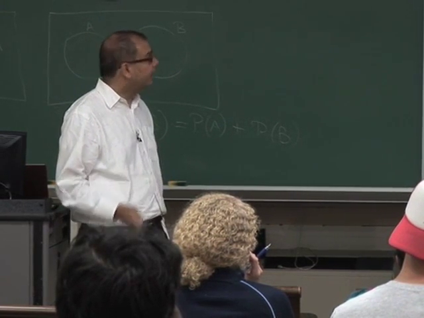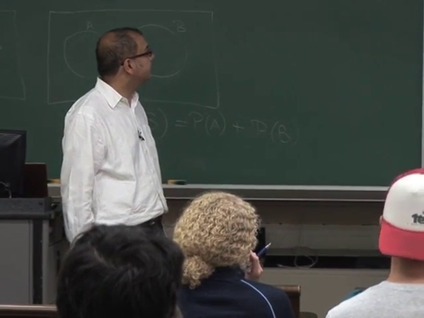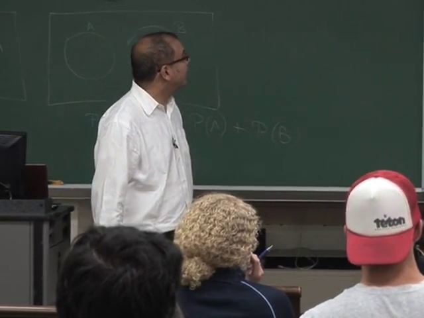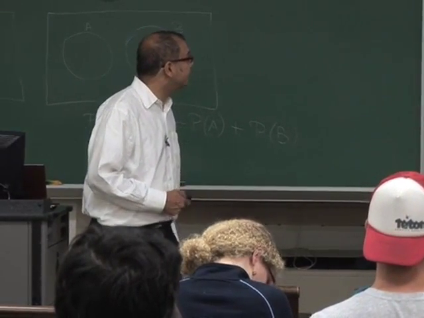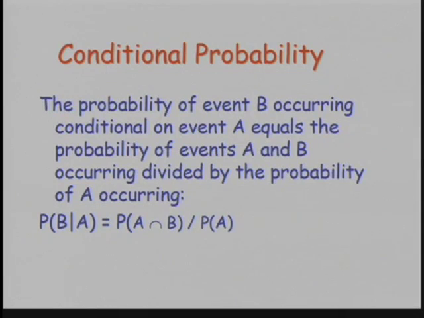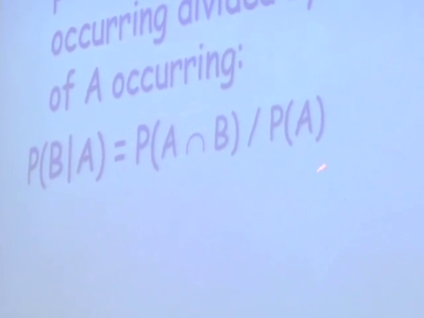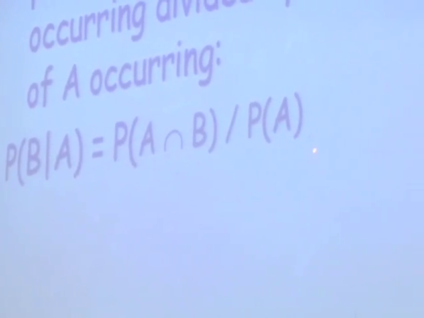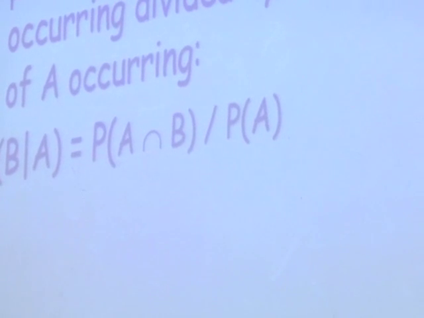Okay, so the conditional probability is denoted as follows. The probability of B given A, so this line again denotes given, is the intersection probability divided by the probability of the given event. Okay, and you can see that, of course,